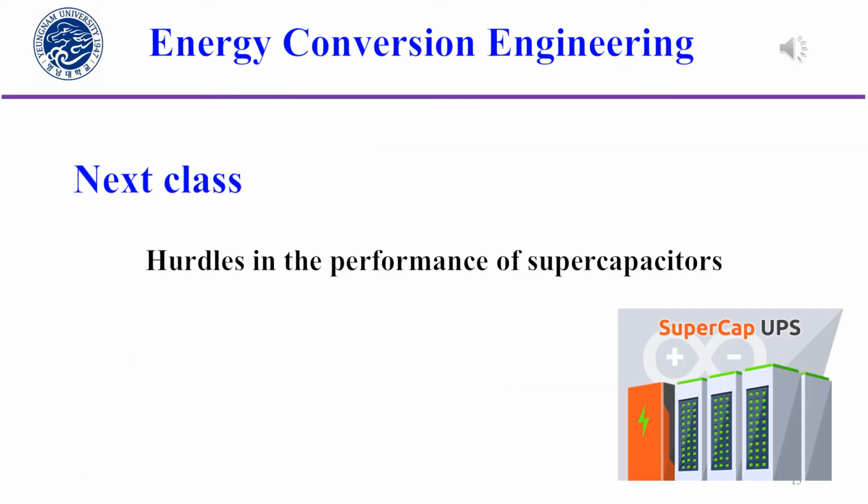In this class, we discussed the testing of cyclic voltammetry and how to set up the cell, and we understood the importance of the potentiostat and the electrochemical cell, and the importance of the three electrodes: the working electrode, counter electrode, and reference electrode. And also we discussed the polishing of the working electrode.